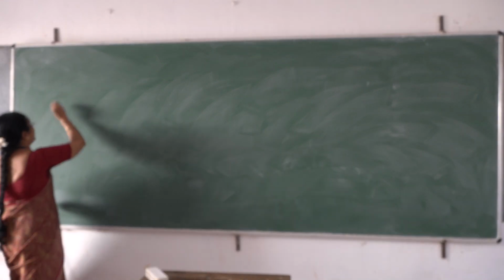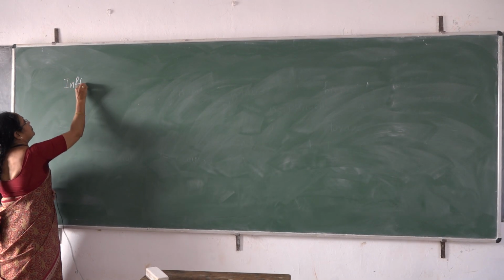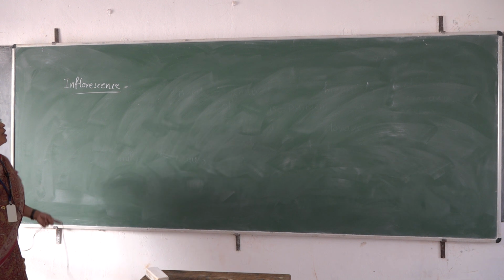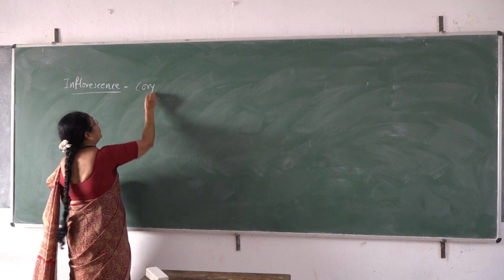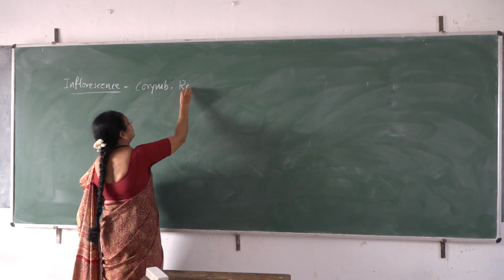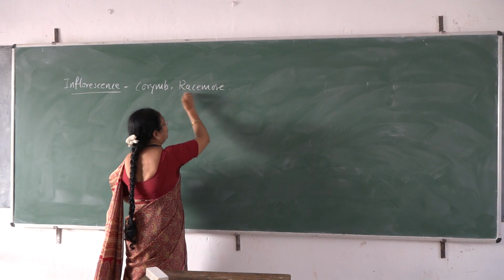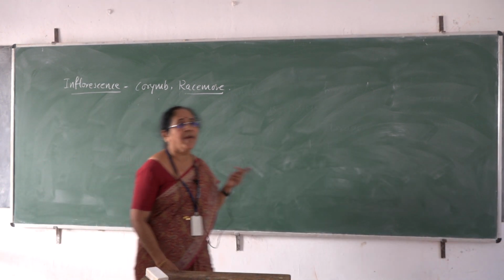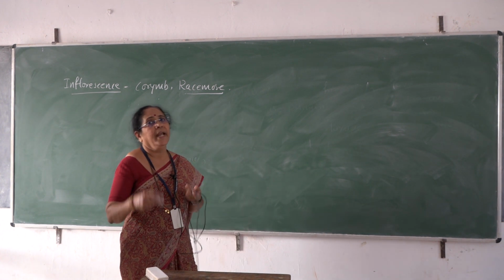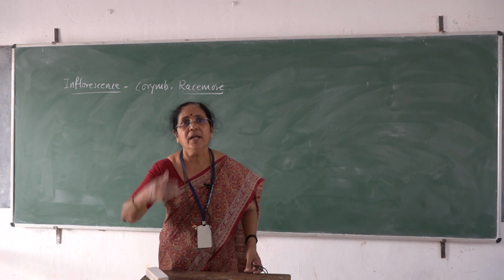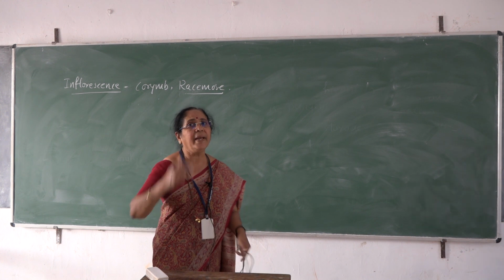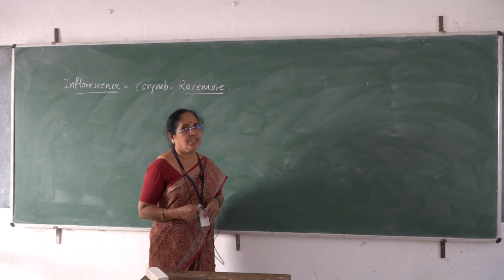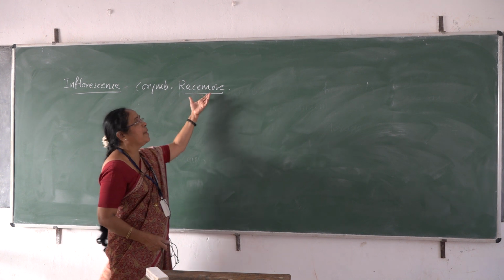Generally, the inflorescence is porine or racemose. Mainly, it is racemose type. And racemose means it is an indefinite kind of inflorescence where the axis always continues to grow. It never ends with a floral bud, so that there will be an apical meristematic tissue at the apex. It continues to grow because there is no bud at the apex of the axis of the inflorescence. So the inflorescence is mainly racemose.